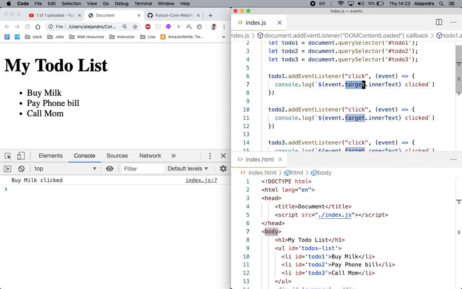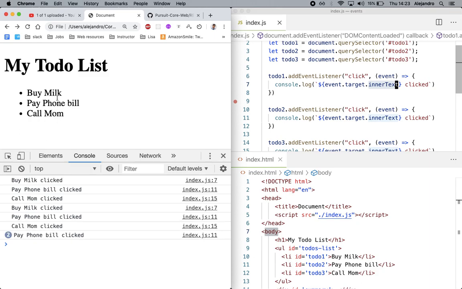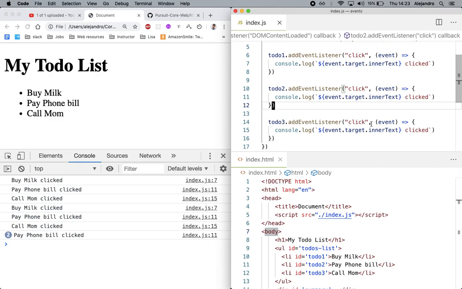The event target is the li where the event happened. The inner text is boy milk. Now "pay phone bill was clicked," and now "call mom was clicked." In this way we're able to be a little bit more dynamic. Okay, so I said instead of